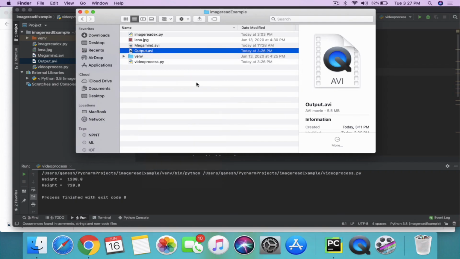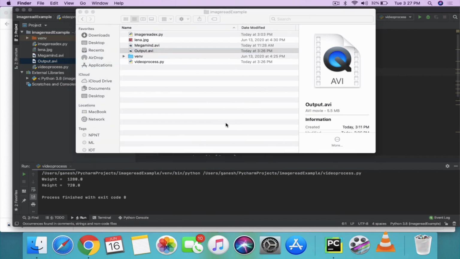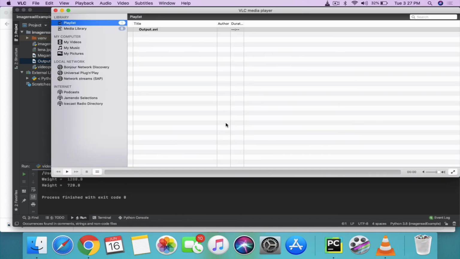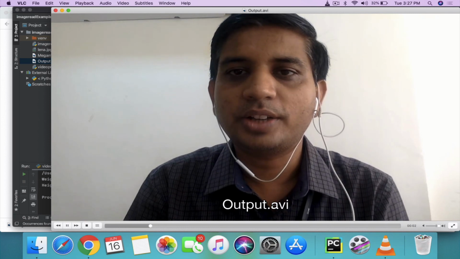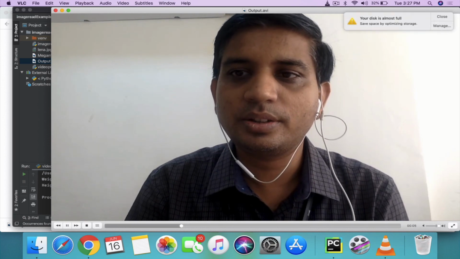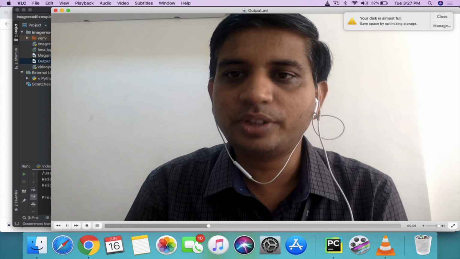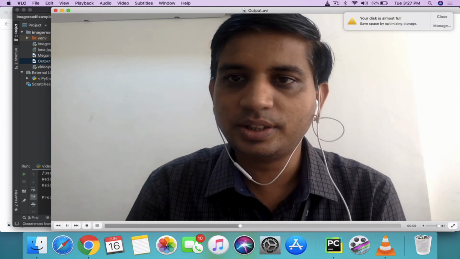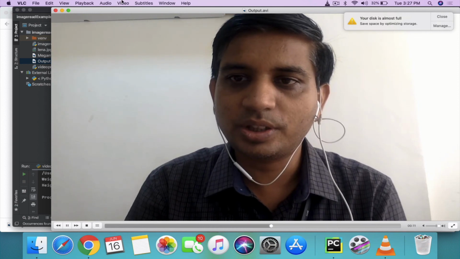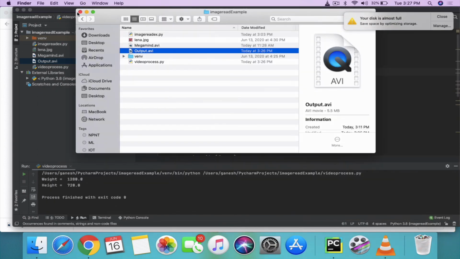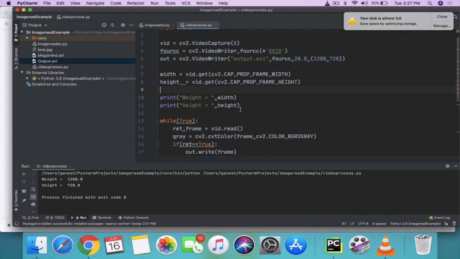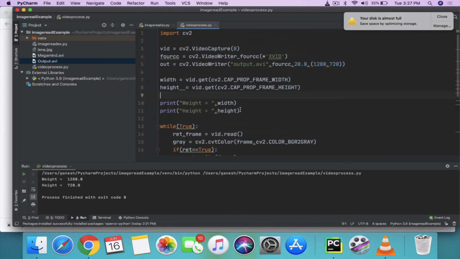I'm opening it with the help of VLC. You can see here, this is the color recording of my video that was captured using this code.